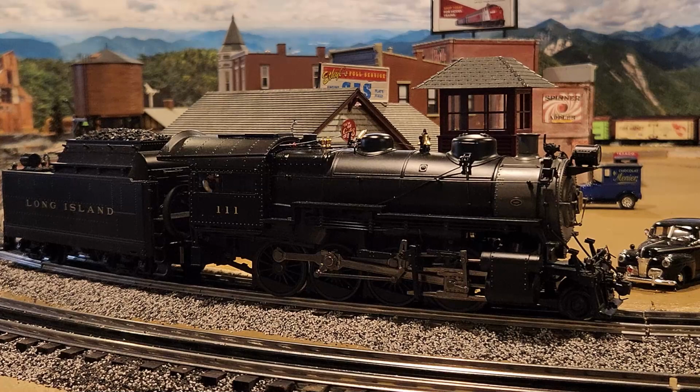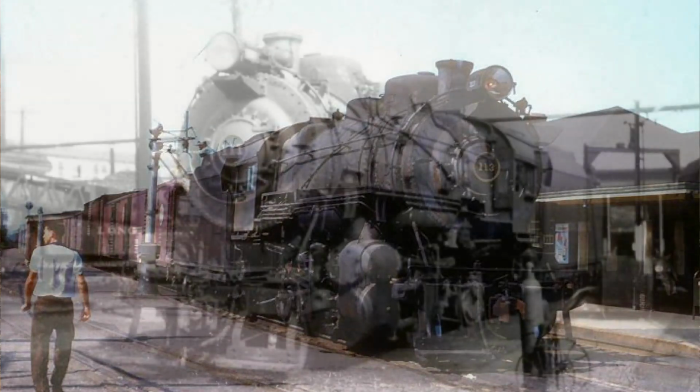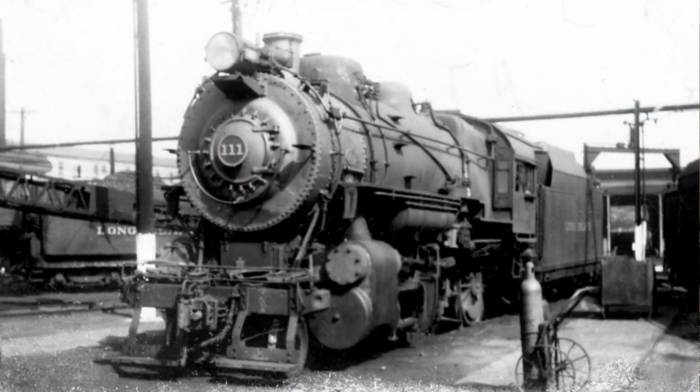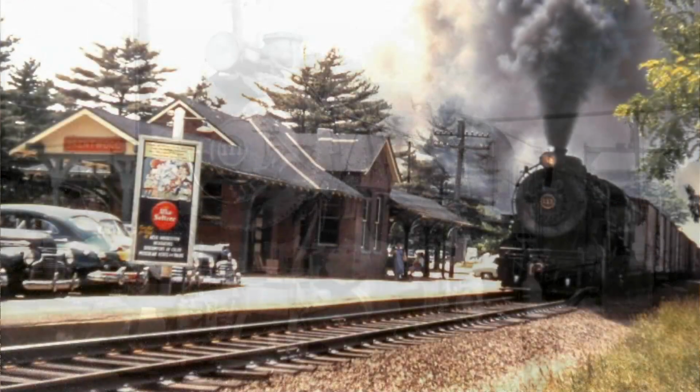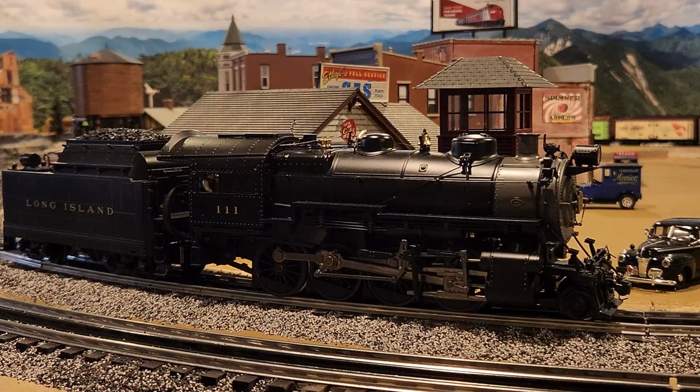This was an engine that the Island had for a long time, and this was probably their main workhorse when it came to freight operations on the railroad. If it wasn't the H10s, you probably would have seen K4s doing freight service as well. Sometimes you would also see B6 switchers in the rail yards, but this was probably the main workhorse for the